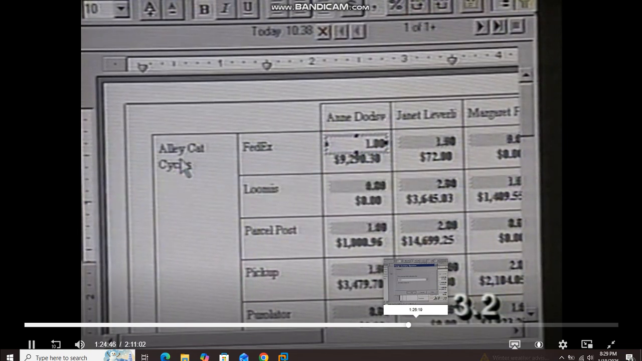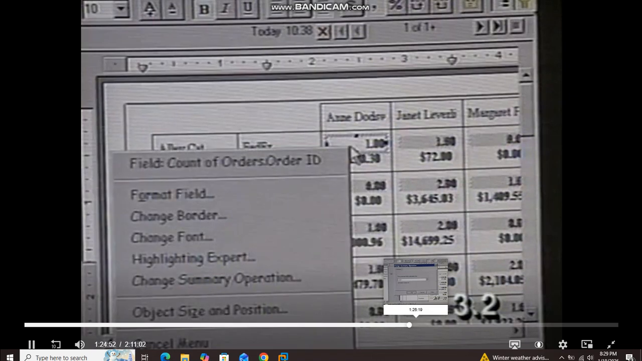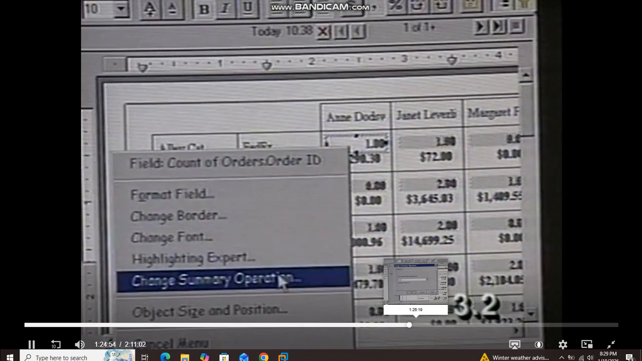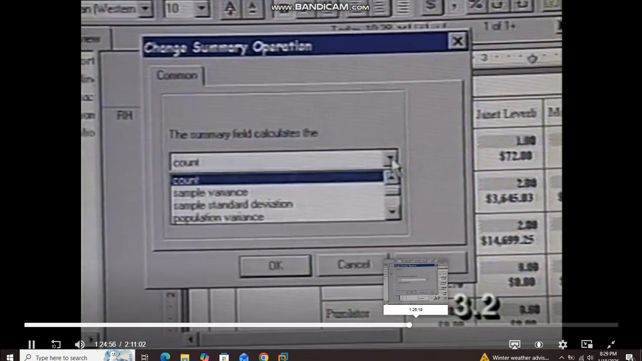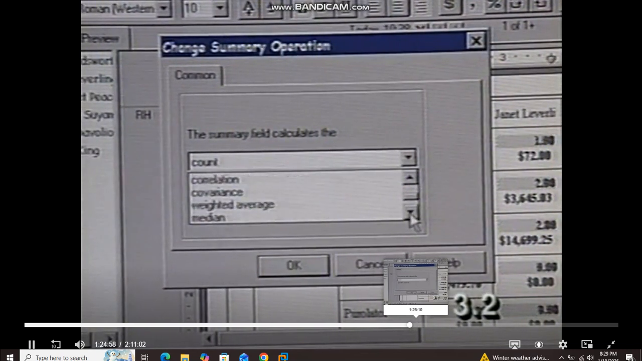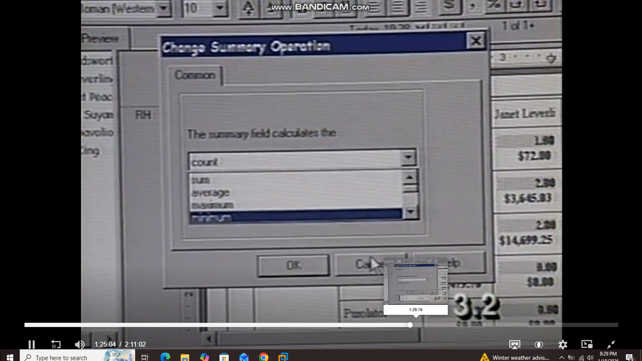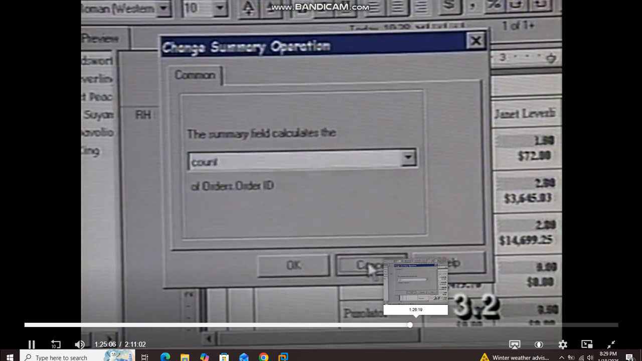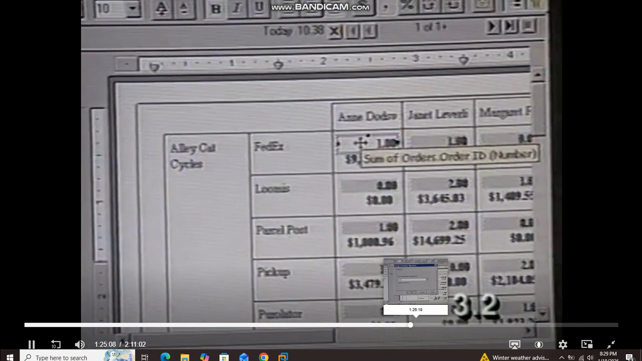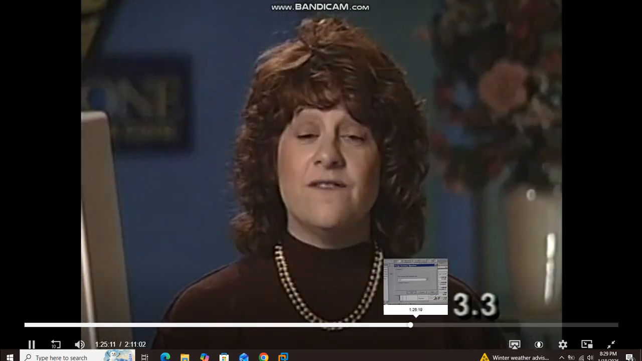So you can see that I can summarize the information however I'd like. Right-clicking again, if I go into Change Summary Operation, notice that there's a lot of really cool choices that are available to me as to how I want to summarize this data when I cross-tabulate it. I'm going to go ahead and click Cancel so that I leave this as it was at the count. Finally, let's see how we can modify the appearance of our